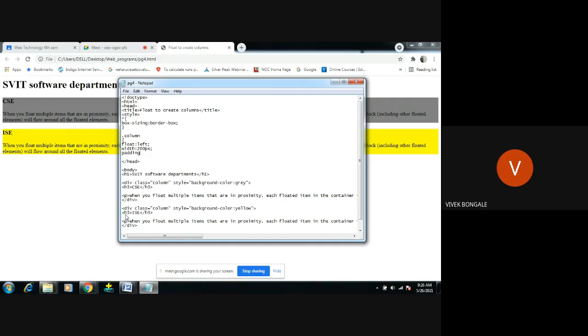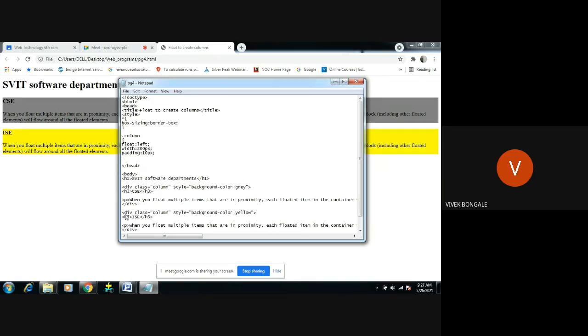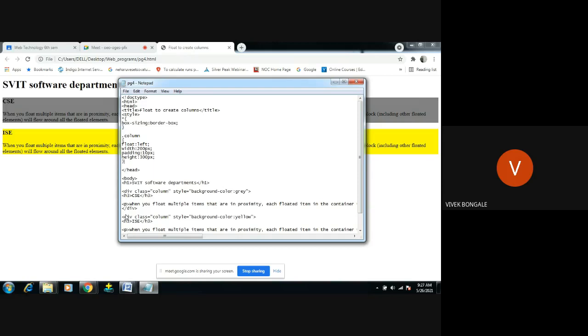Padding means the space between the margin and this box part. So padding I will do something like 10 pixels, and height I will give like 300 pixels, right? So this style rule will be applied for both CSC and ISC.